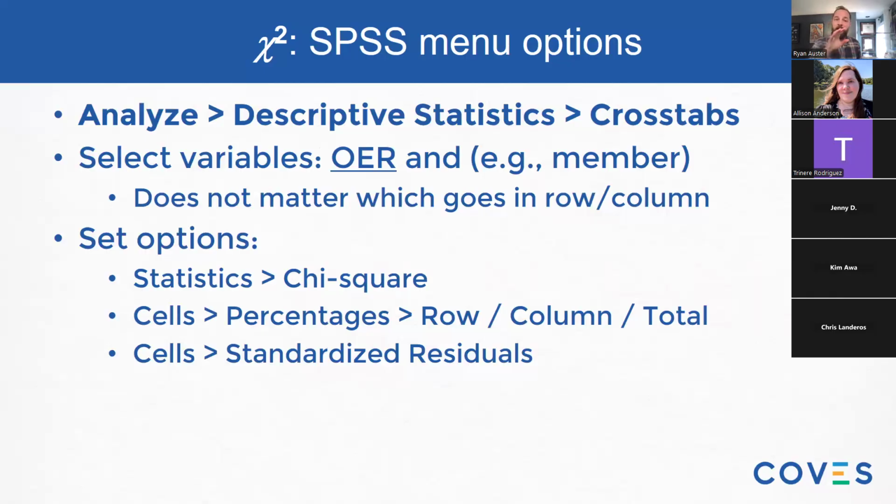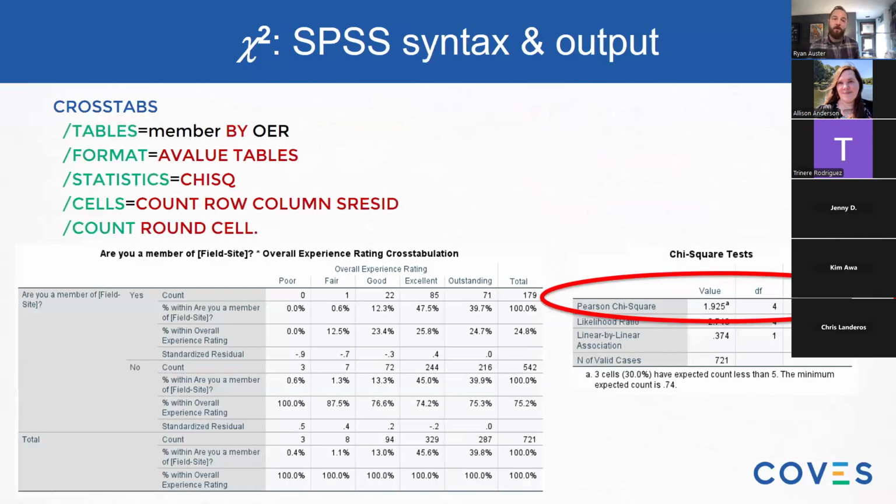So again, we're comparing the overall experience rating between members and non-members using SPSS. And here is an example of the syntax, right? The code that you could use. You could copy and paste this. You can screenshot this, but you don't have to because I'm going to give you the slides. You could use this exact thing in your SPSS software, and it would give you results like what you see here on the screen. Now, if it's small for you, I'm just going to explain what I see.